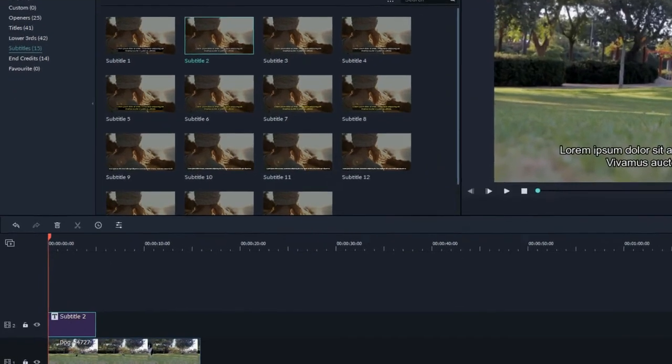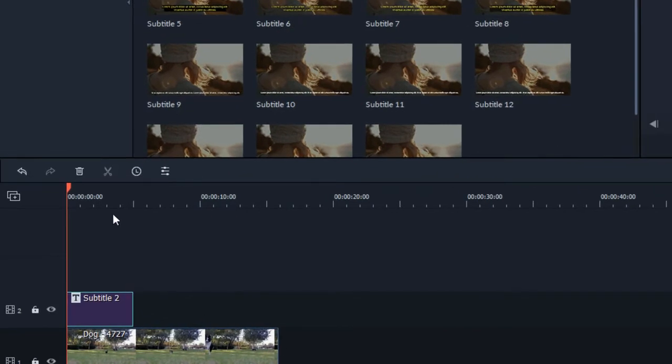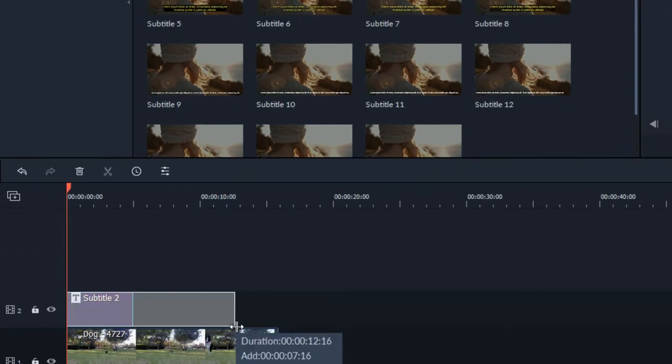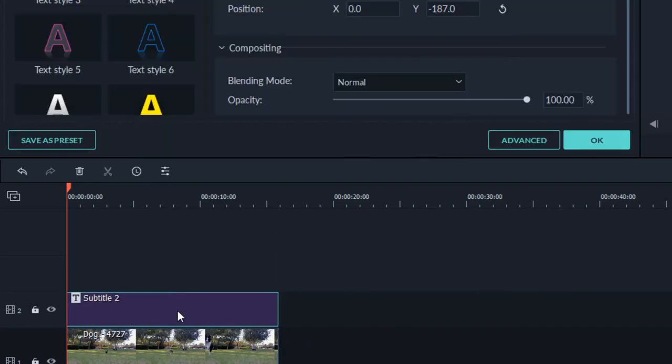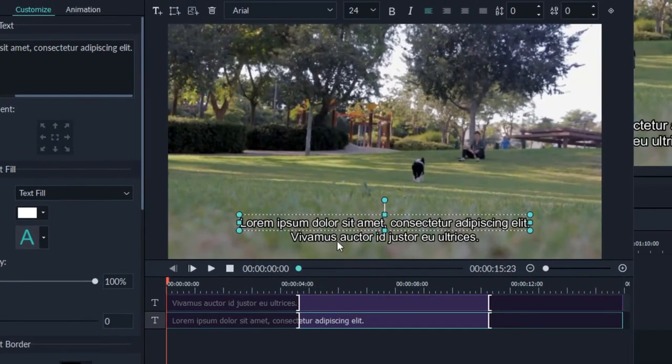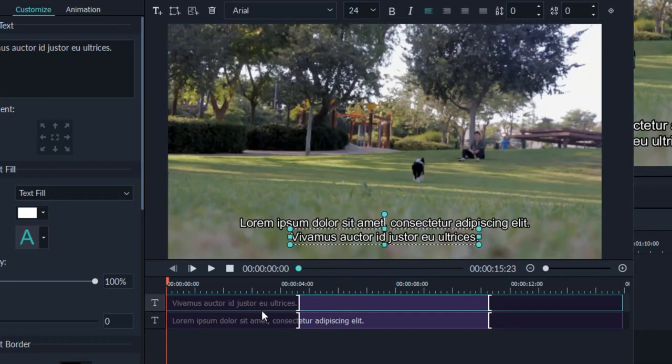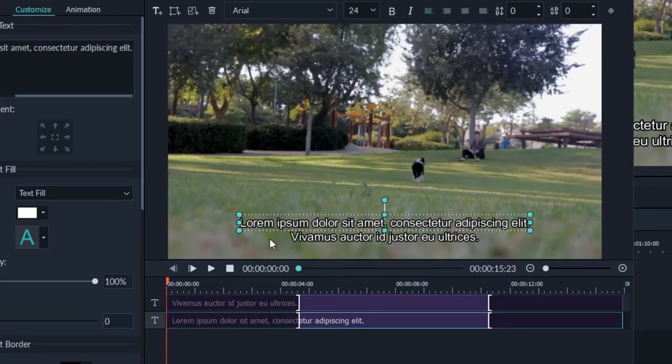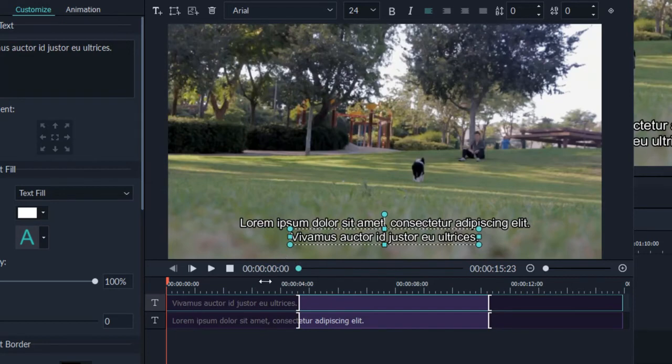Now you can see that the video is too long, but the subtitles are ending here itself. So I'll increase the duration of the subtitles by pulling the end of it, and I'll double click on this subtitle section and click on advanced. You can see two text lines here, and whichever text I select, you can see the title track highlighted here, right? So if I click on this, this track is highlighted, and if I click on this, this track is highlighted. For example, I need only a single line, so I'll select this one and hit delete here.